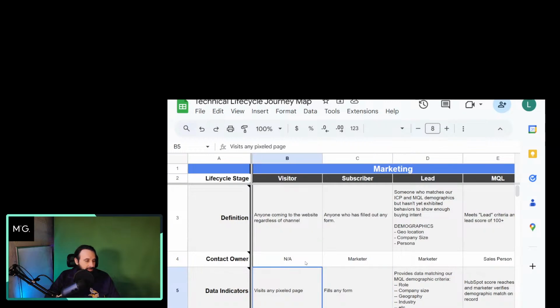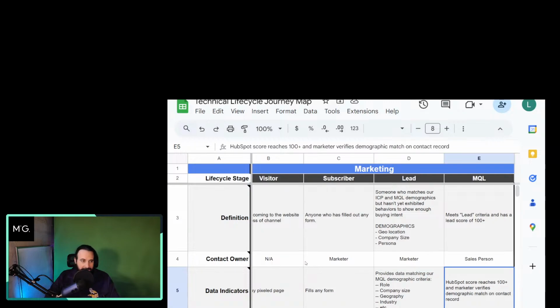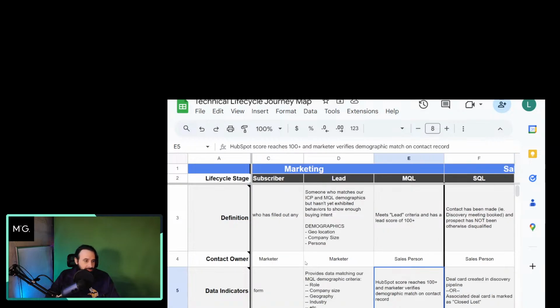For example, if you have a pixel on your website, you can track visitors. Typically, subscribers are people who fill out any form. Leads usually match an MQL demographic criteria, meaning they're the right role, at the right company, the right type of company, whether it be industry, geography, etc. And so there might be different matching criteria they want to track in order to move someone from a subscriber into a lead status. And to move someone into an MQL, the data indicator on that typically is a